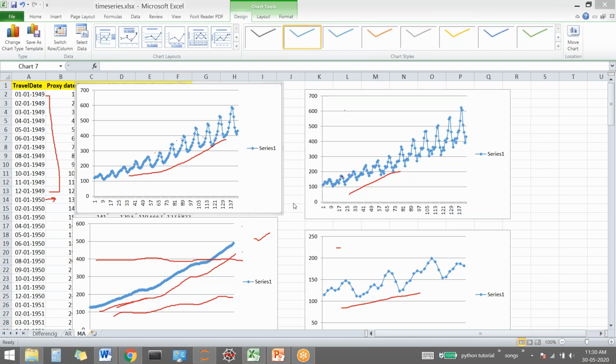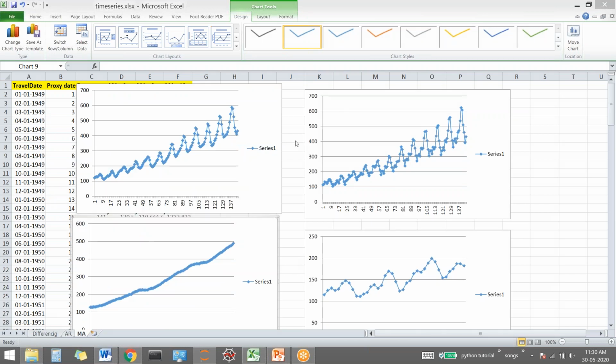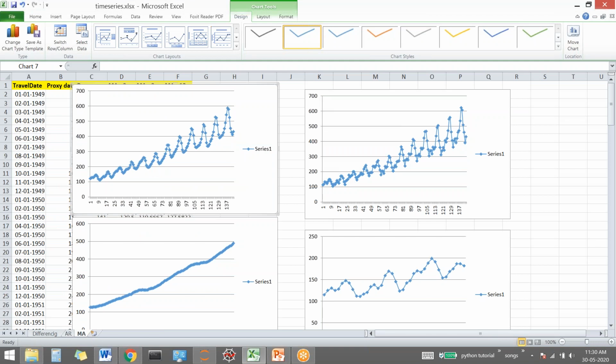So this is the concept of moving average, or what we also call rolling mean. And this is used in the backend, this MA, moving average. When we do ARIMA, it considers three things. It will take differencing, this moving average that we have done now will be taken into consideration, and another is auto regression. That also I'll tell you.